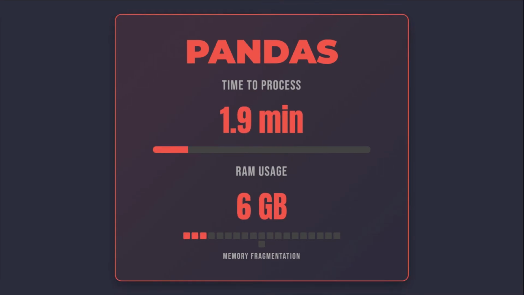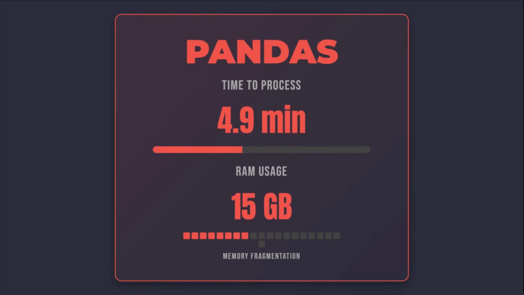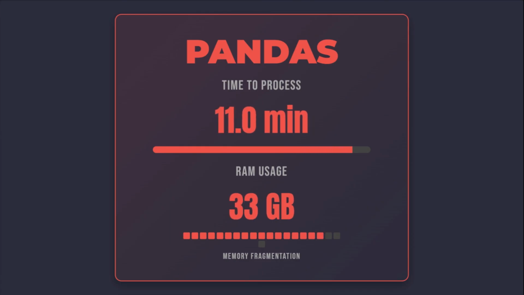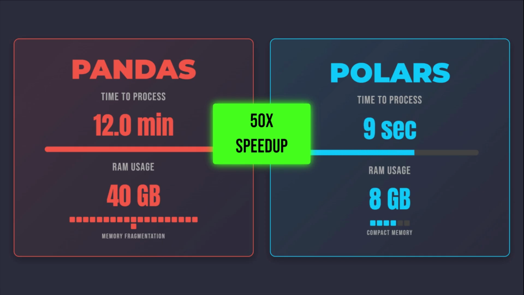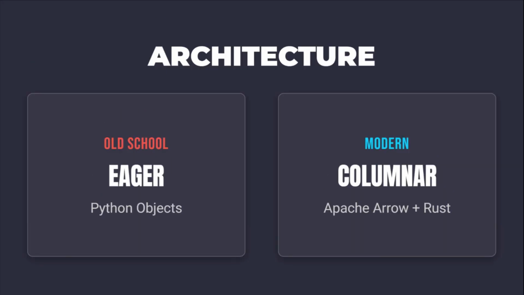A 10 GB comma-separated values file takes 12 minutes to process in Pandas, consuming 40 GB of random access memory due to memory fragmentation. Polars processes the identical file in 14 seconds using only 12 GB of random access memory. This 50x speedup is achieved by shifting from eager execution to a columnar, memory-efficient architecture built on Apache Arrow and